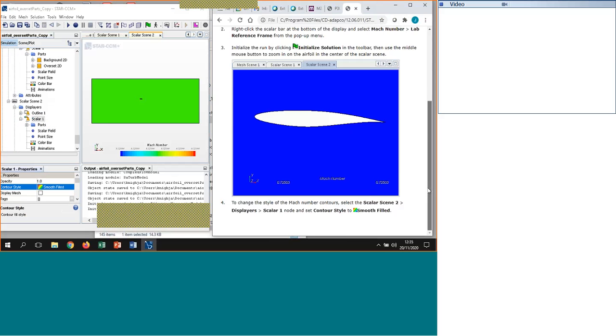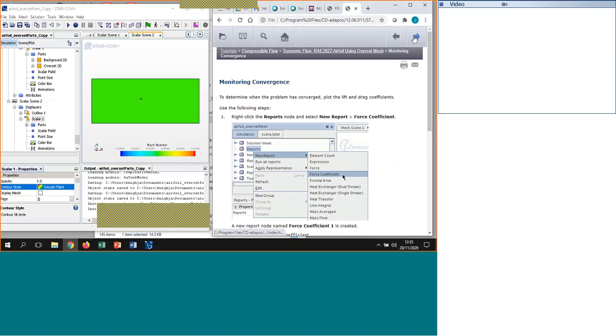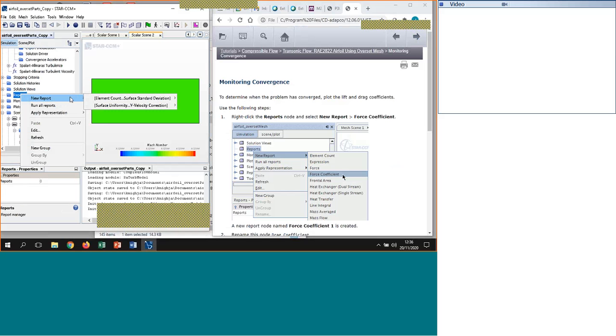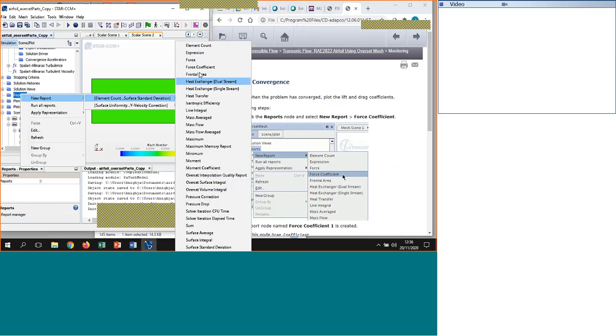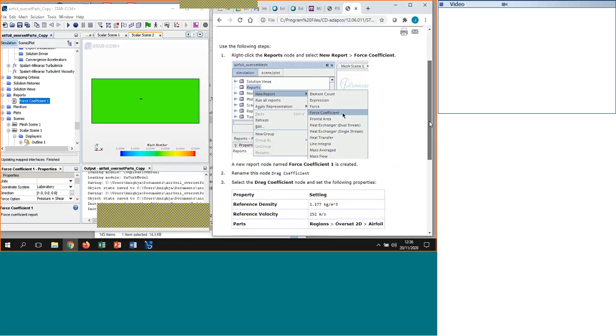And now we're going to do a report to monitor convergence. So right click on the report, new report, go through that one and its force coefficient. This is similar to what we did last time. And we're going to rename that to